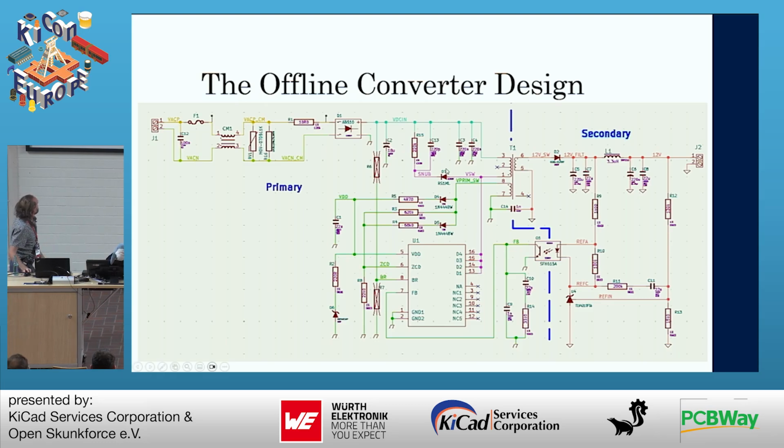I'm not sure if you can see my mouse pointer. I hope you can. So here on the left side, it says primary. So you have a primary side over here, and then you have a secondary side over here on the right side. And then there's an isolation barrier in between. So you're basically taking 220 volts into the design. You're rectifying it, creating a rectified voltage. Some of that is fed down to drive a switch mode regulator. It has an integrated MOSFET, and that drives a transformer that converts the voltage to the secondary side,